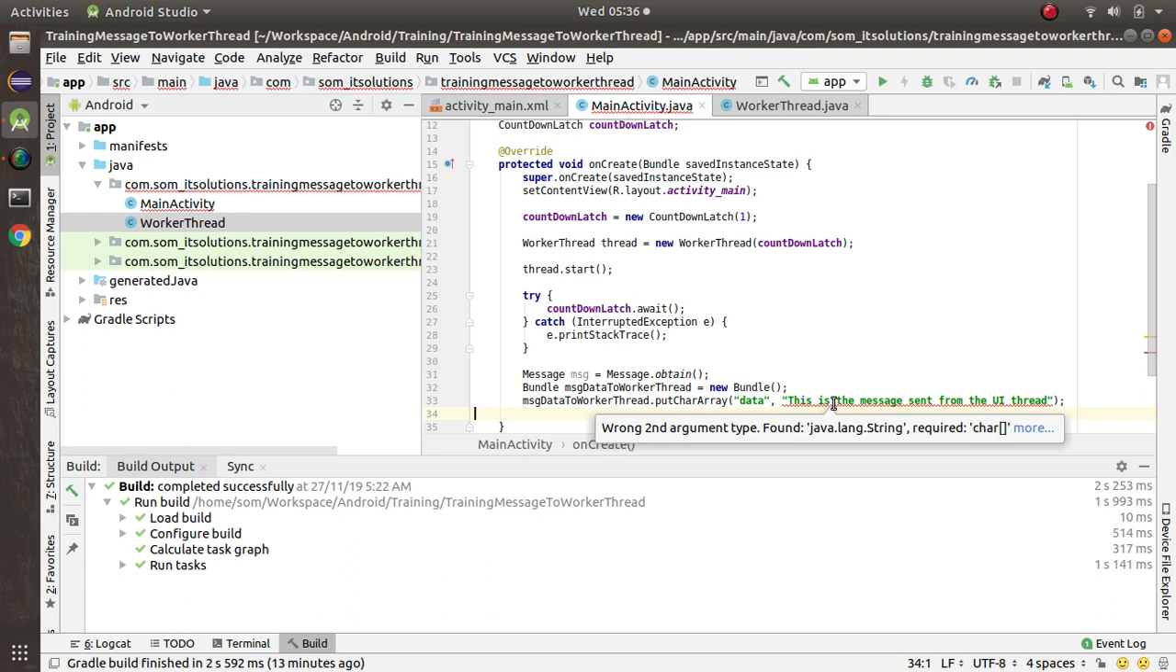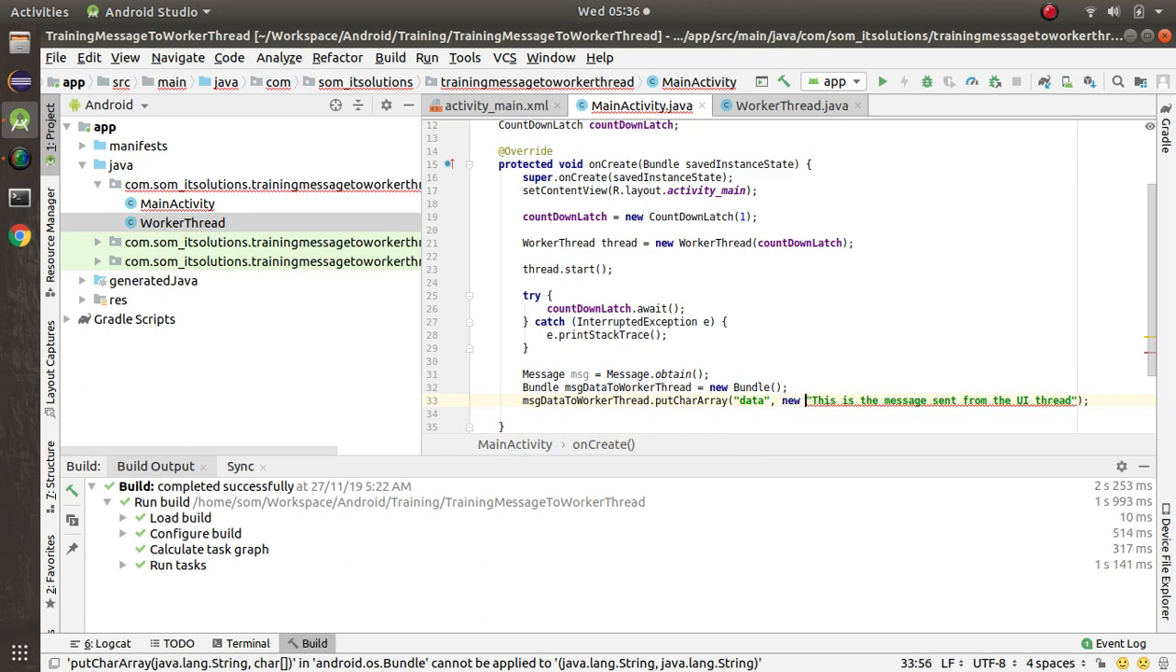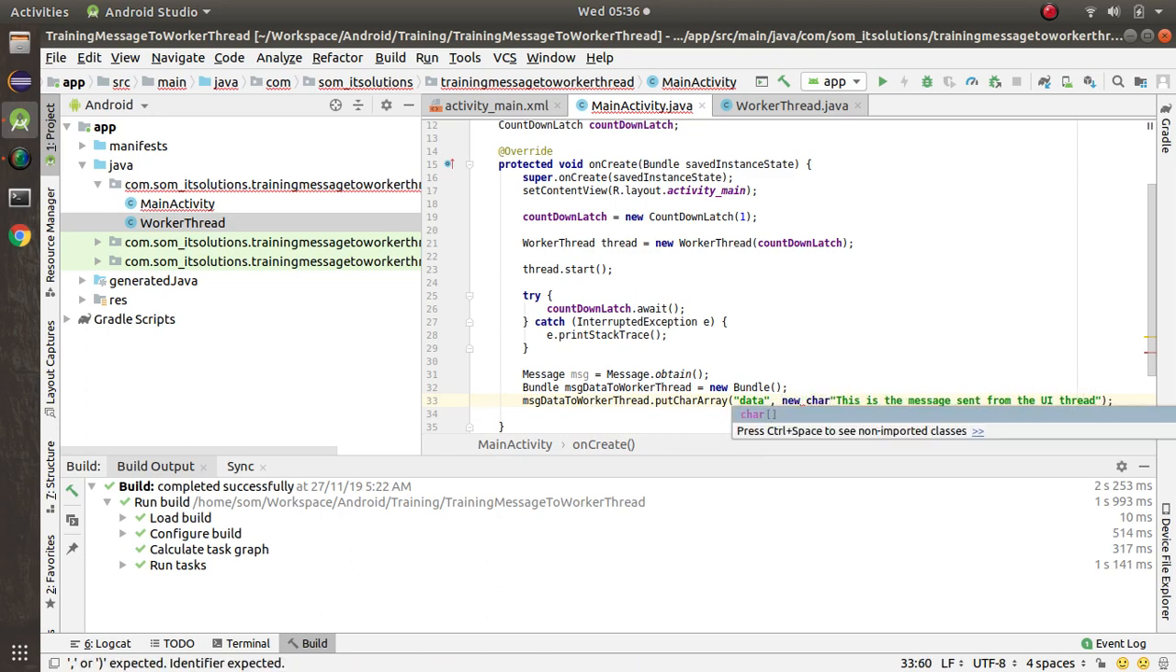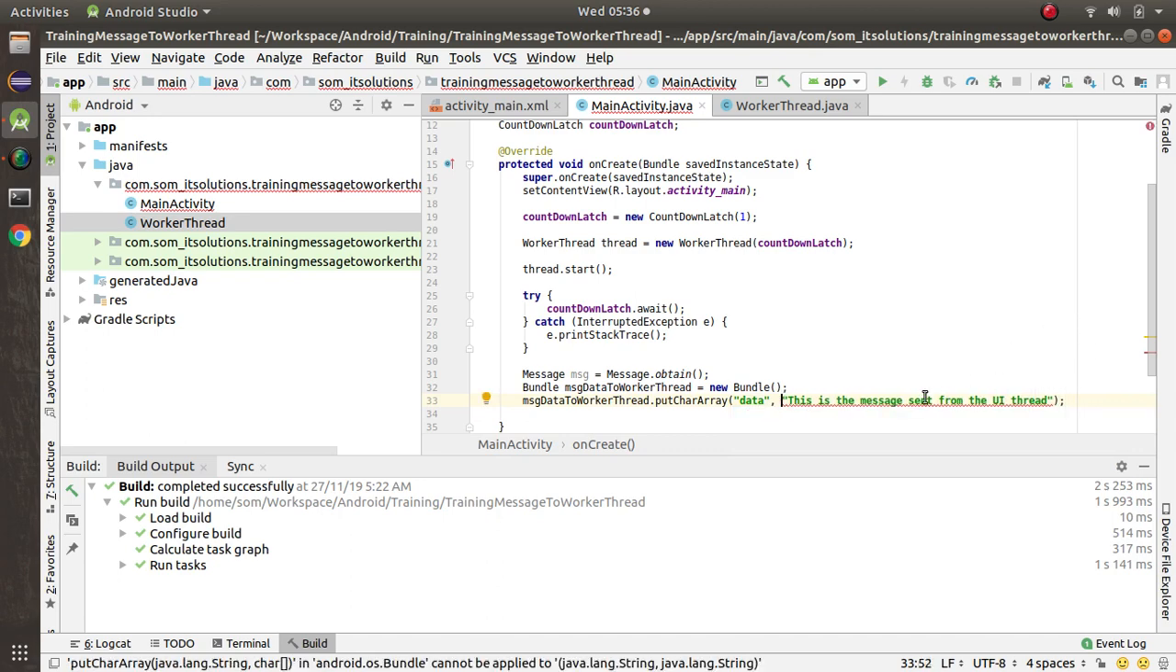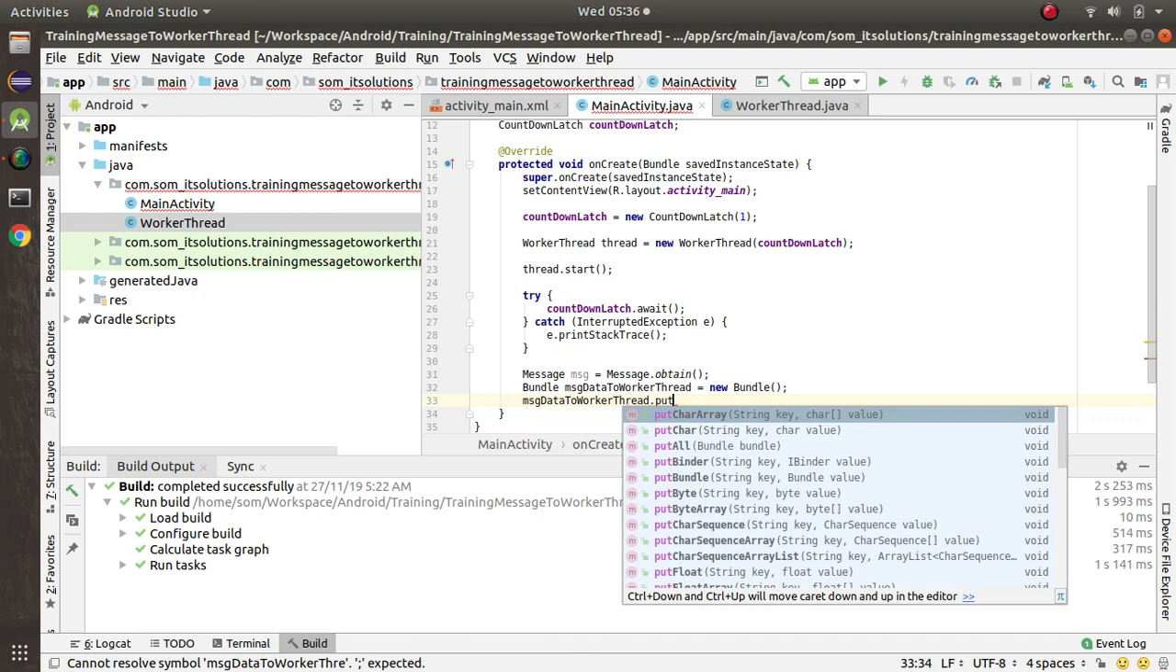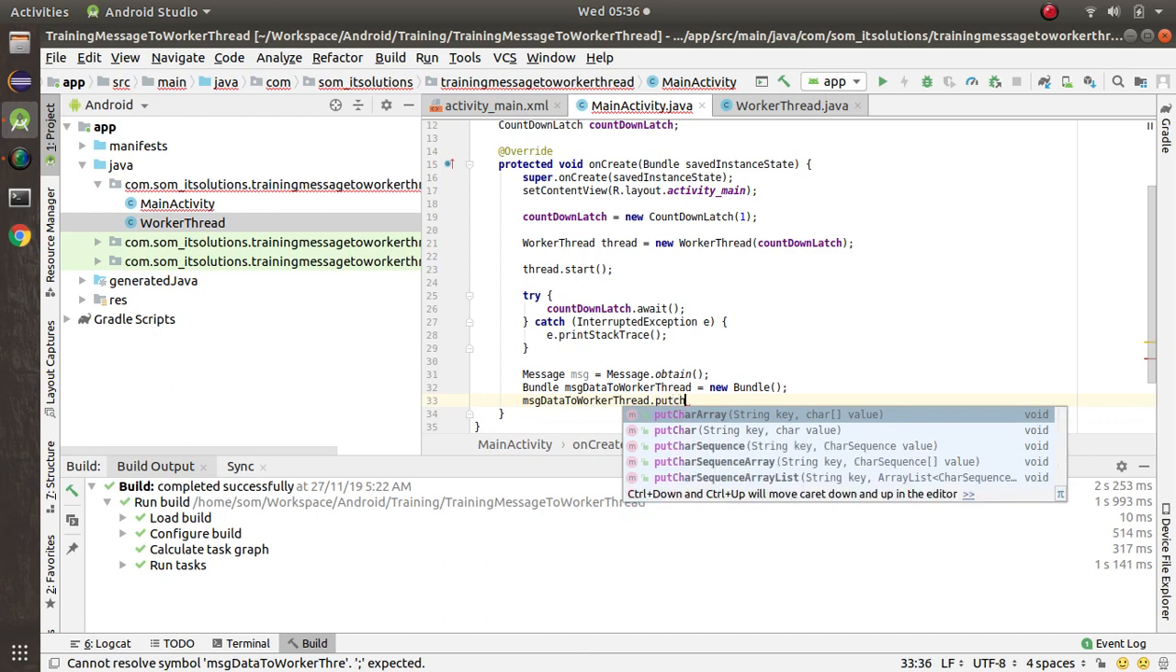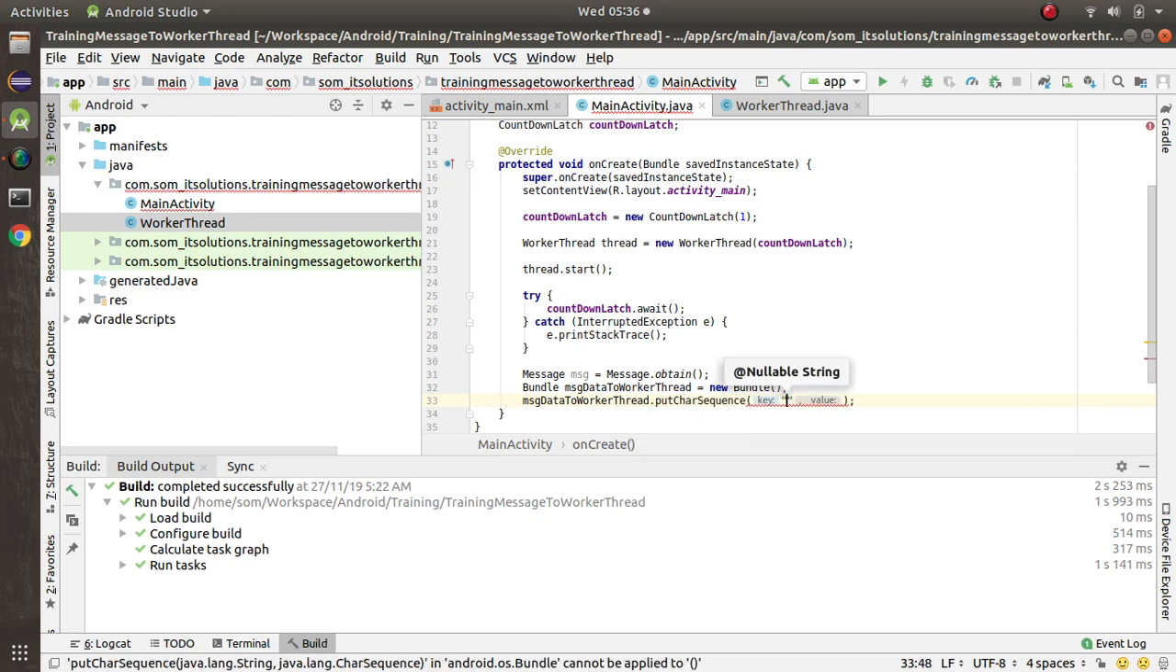So what I need to do, actually, equals character. Okay, wrong second argument, so we will have new char. So what I will do, actually, is there anything called put? No, we won't put char array, we will put, say, thread dot put char sequence. Okay, we'll put this thing, sequence key is, say, the data, and then value is,